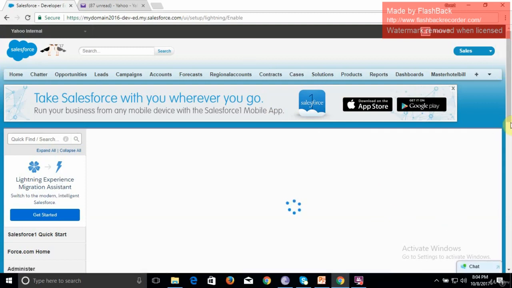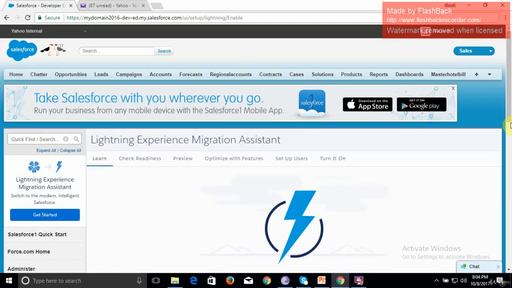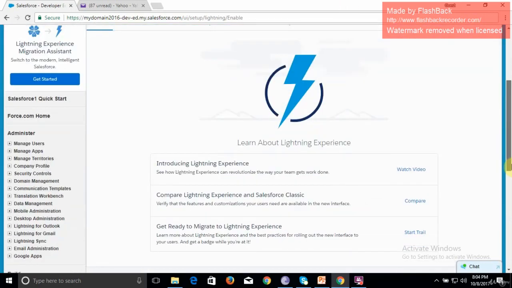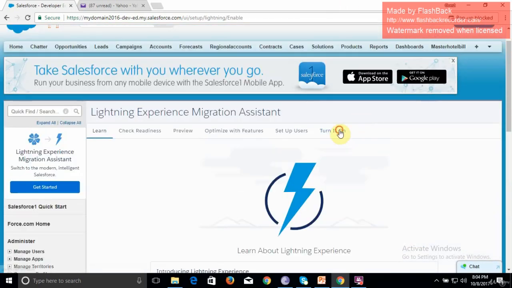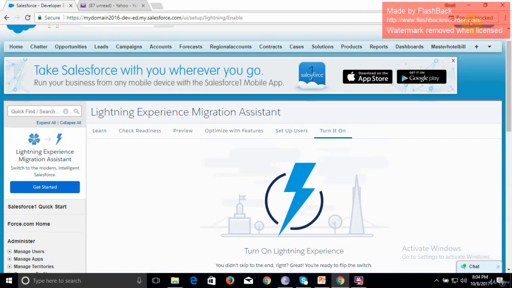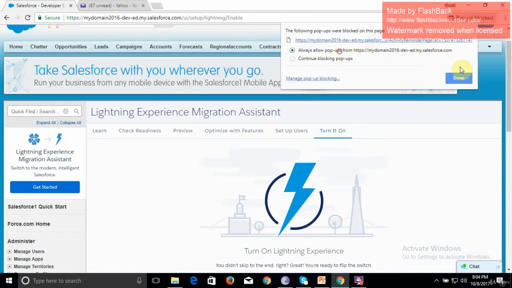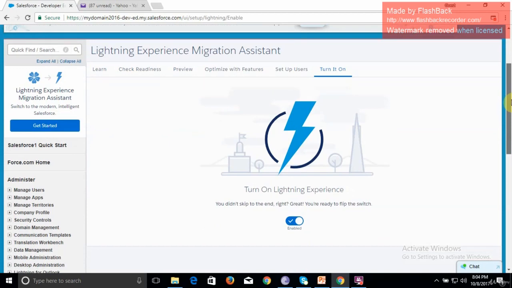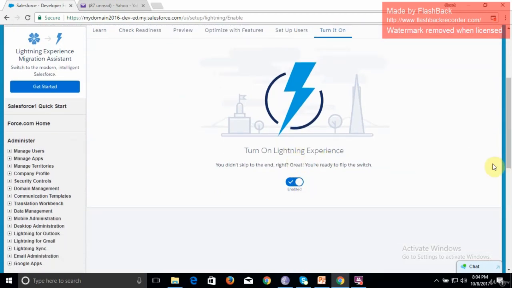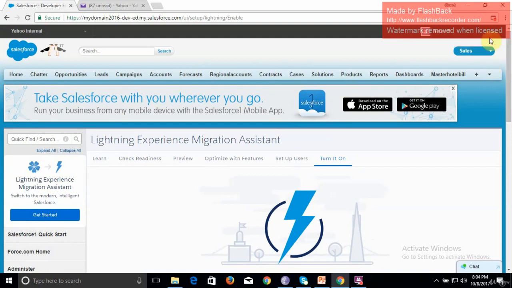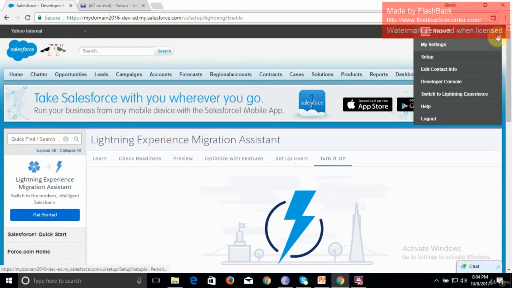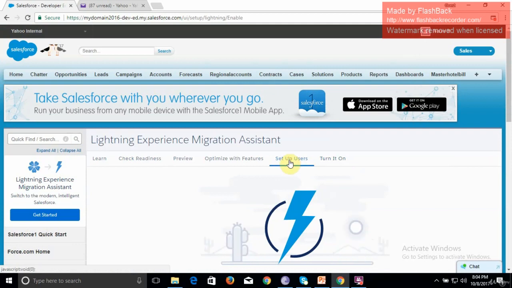All right. So how do you check whether the Lightning experience has been enabled? Now that you have turned your Lightning experience on, let's go back to Turn It On and enable the pop-ups. Here is how to check whether your Lightning experience is turned on. The first thing to do is go to the top, and under your name, you will find Switch to Lightning Experience. You should be able to see this tab, right? In case you're not able to see this tab, check the setup users